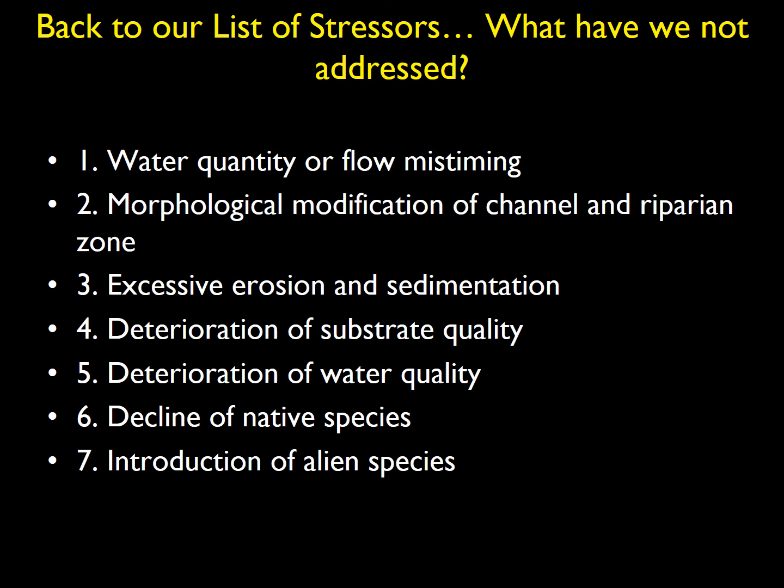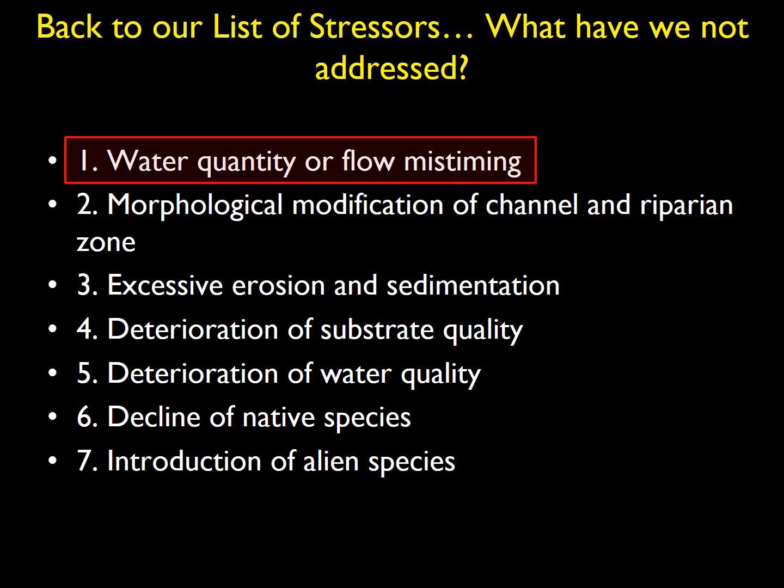And so if you remember our earlier discussion of active versus passive restoration techniques, we discussed a non-native parasite which affects trout, and when the restoration provided shade to the stream banks, it created conditions that weren't ideal for that alien species. So to some extent, we've attempted to address that. But the one at the top, water quality or flow mistiming, anything we do within the channel itself as far as reconstructing it, recontouring it, is really not going to address that.